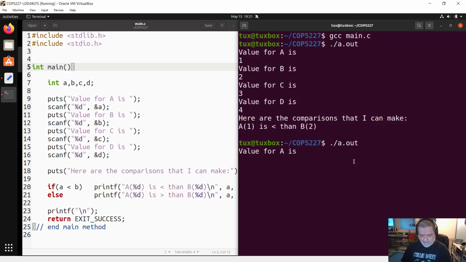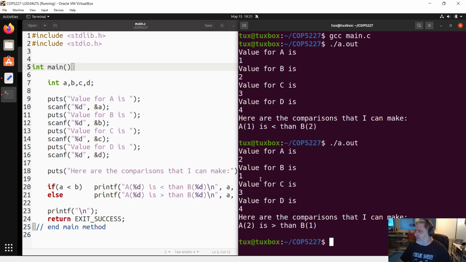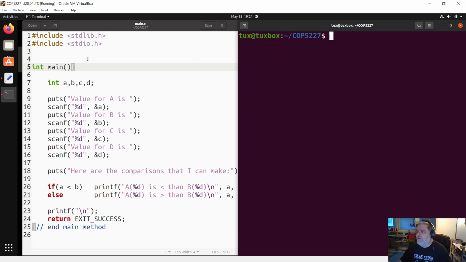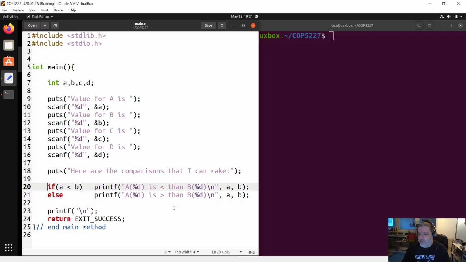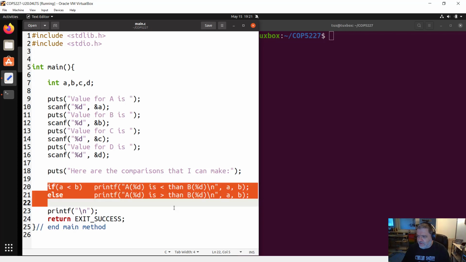All right, our second test. So a.out again. So still use the same code, I didn't modify it, okay? But 2, 1, 3, 4, now I'm making sure that it detects that A, value 2, is greater than B, value 1. And so far, we have passed successfully our first two tests, okay? Well, I should say we partially passed them because we still handle only the first message here, okay, that we want. So let's go back to the code, and now that we know how to handle one of the messages, we need to display